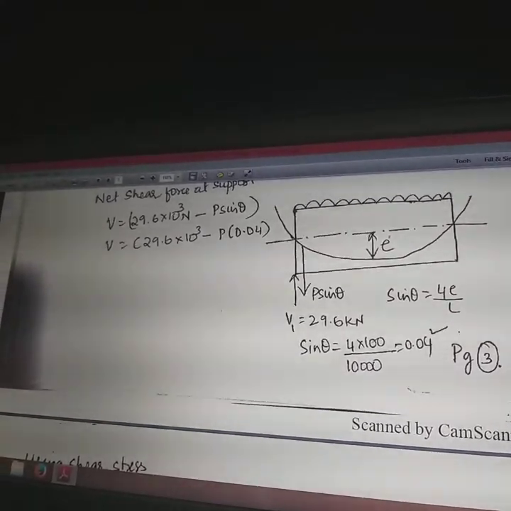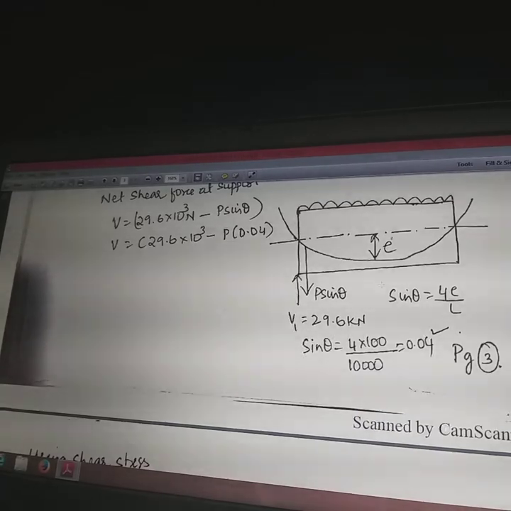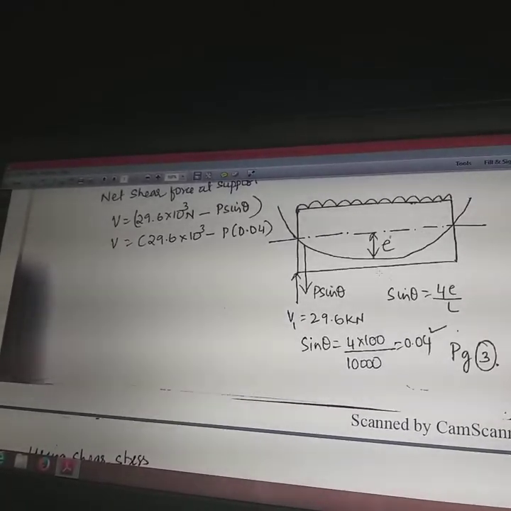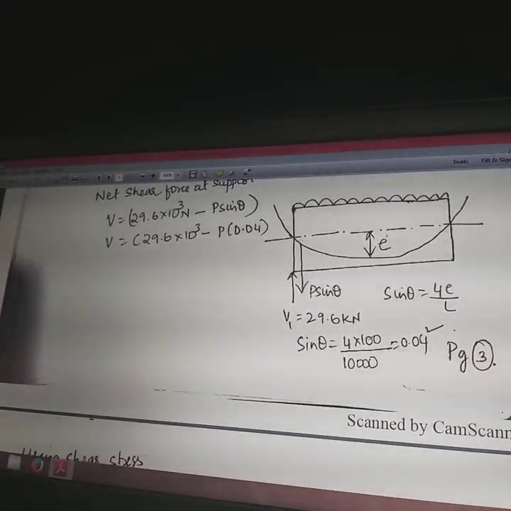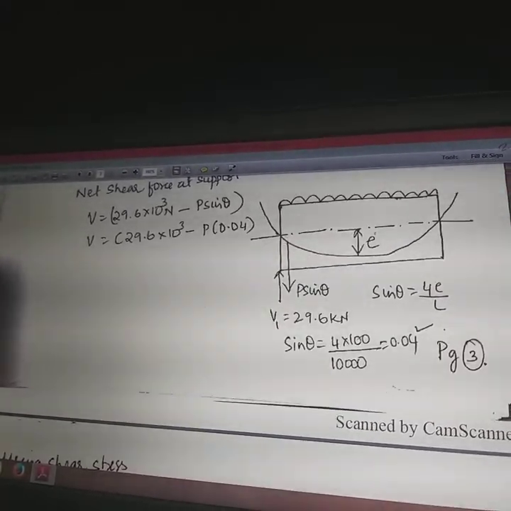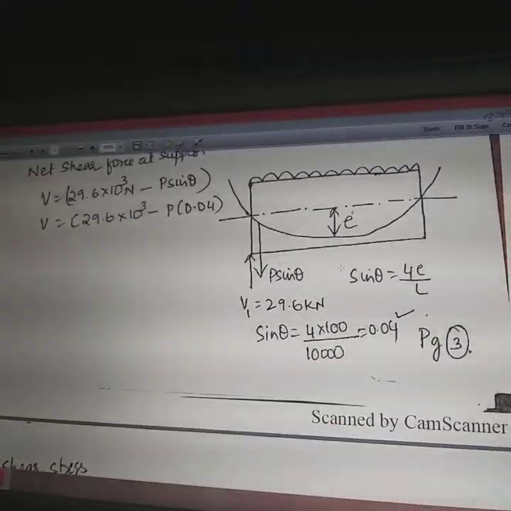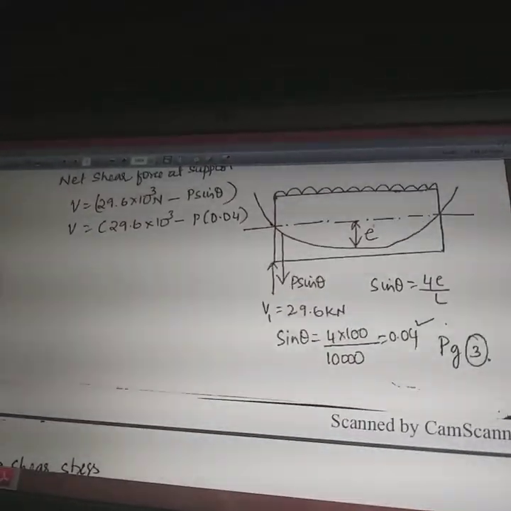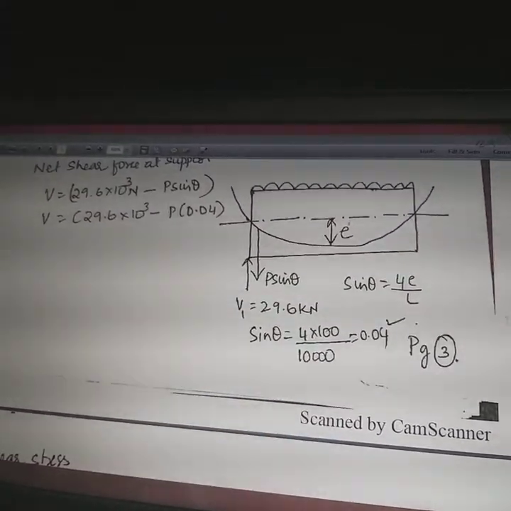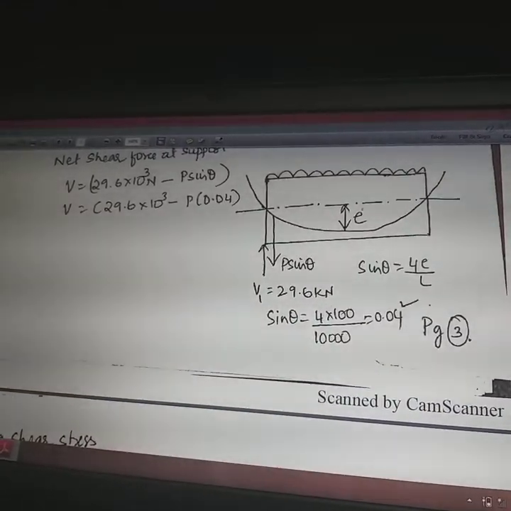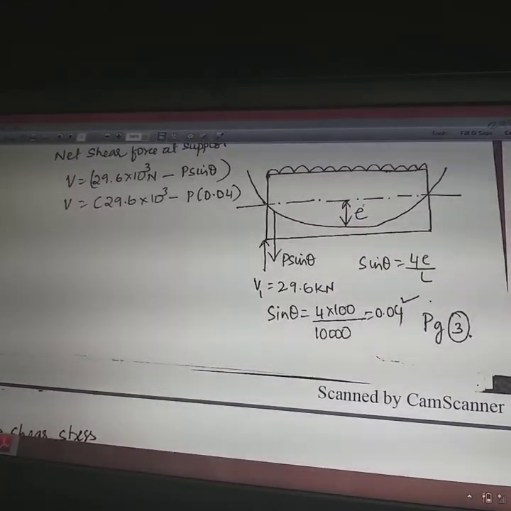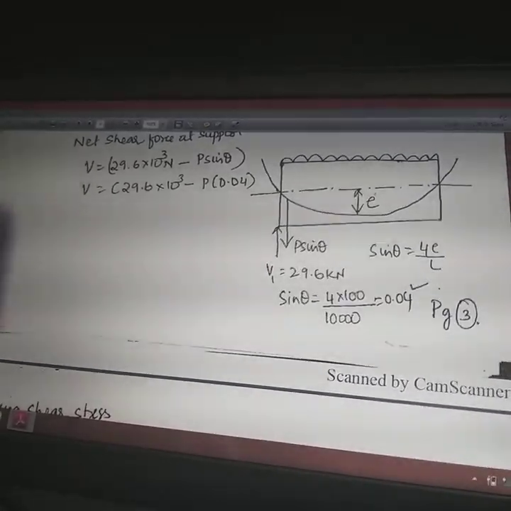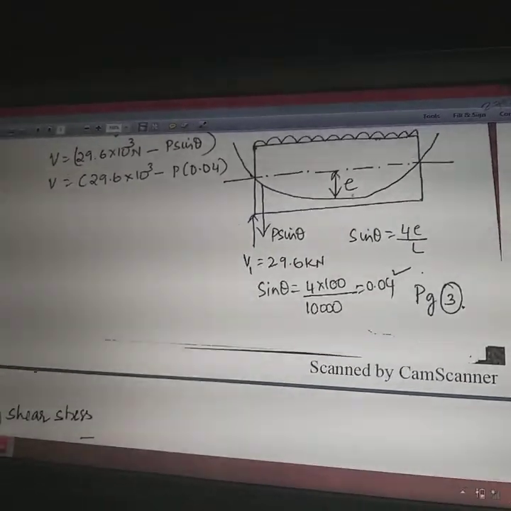See, this is acting vertically downward, since the tangent is having the direction of the force towards the downward direction, and the resolution also is being taken in the fourth quadrant. So here the direction of the tangential force is acting in the fourth quadrant, therefore the resolution also we have considered in the fourth quadrant. So therefore this P sin theta sign convention is minus here. So this is the shear force which is being developed due to the vertical loads, and this is the force which is developed due to the tangential force which is acting along with the cable. Okay, hope everybody is clear with this equation.